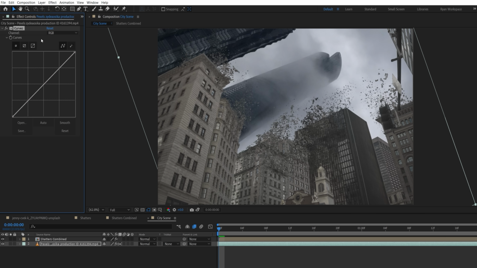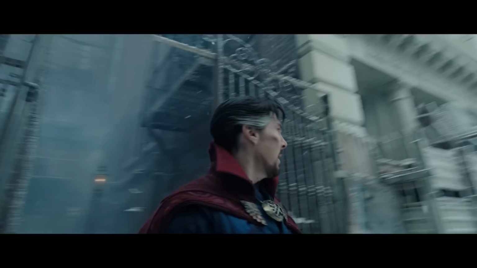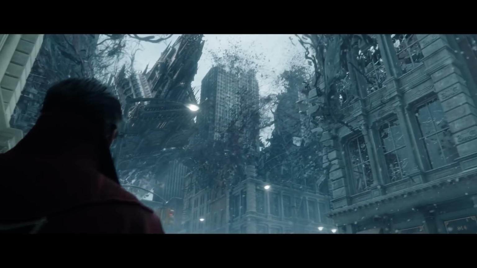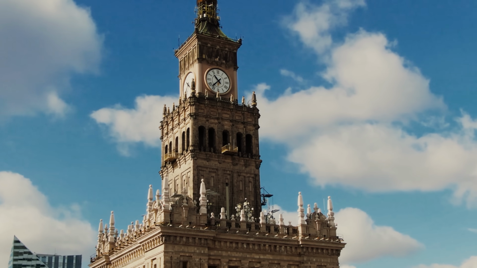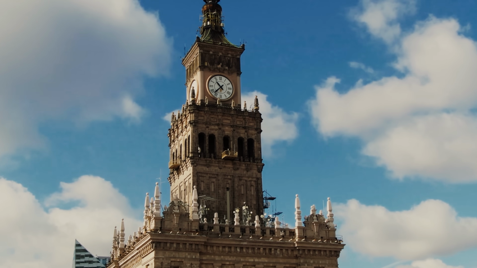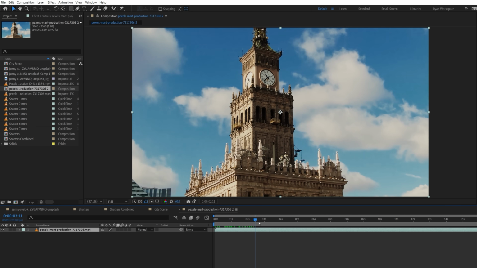We then used a curves effect on the sky footage to match. We also wanted to add a large floating building, similar to how we see this tower in Doctor Strange. So we found this free stock clip of the Palace of Culture and Science clock tower, which we thought could work really well. We'll drop this into a new comp, and it already has quite a smooth camera move, but